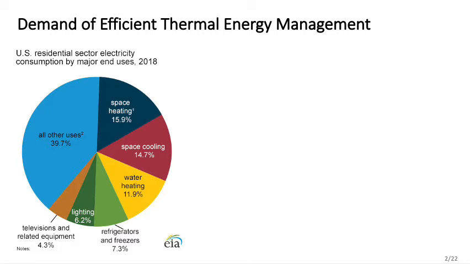Our motivation is driven by a recent high demand for efficient thermal energy management owing to recent advancement of sustainable and renewable energy. This pie chart shows the utilization ratio of electricity consumption in the US residential sector in 2018. We can see that almost the right half of this pie chart is involved with thermal processes such as heating